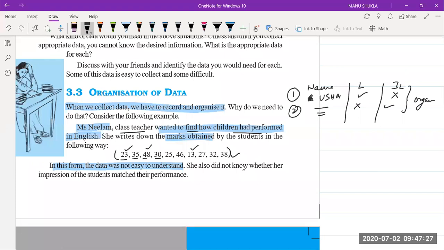Sir, in lecture 1 of data handling, we have to write the example also, which you explained. Yes, beta. Whatever I have done there with black ink and blue ink, that is your classwork. Never ever hesitate to write. That is for your knowledge only. Yes, beta. Only 5 minutes left. So I will be discussing the last topic only. Then we will switch on our videos.